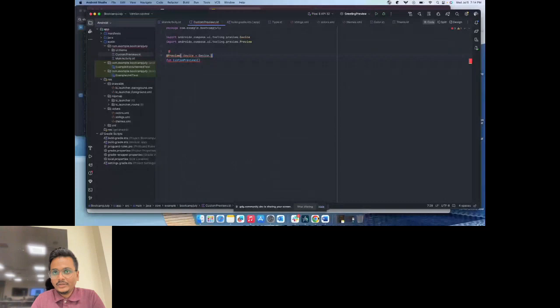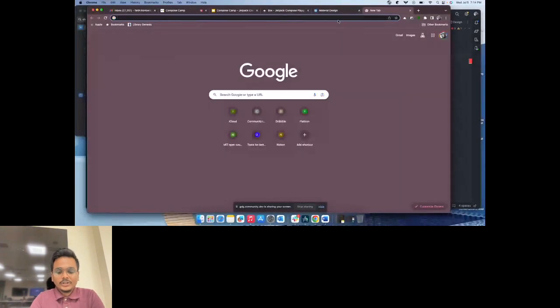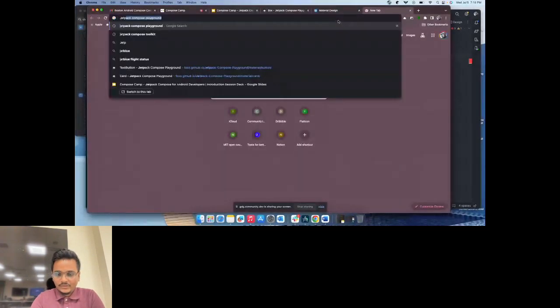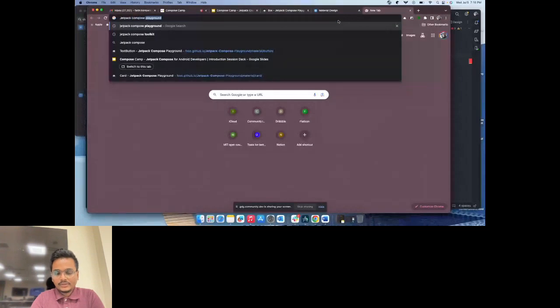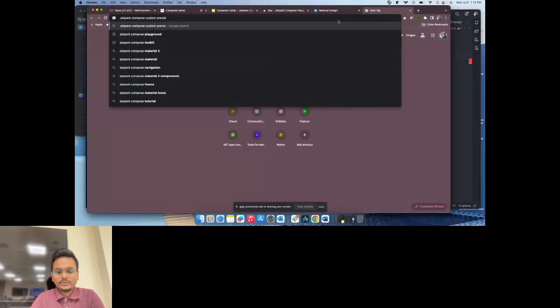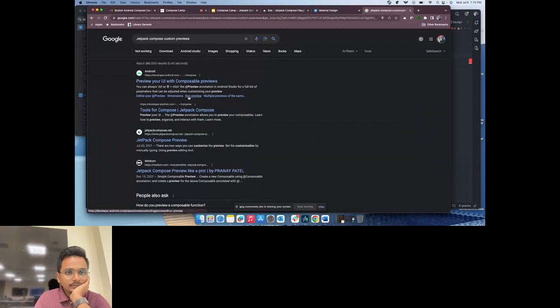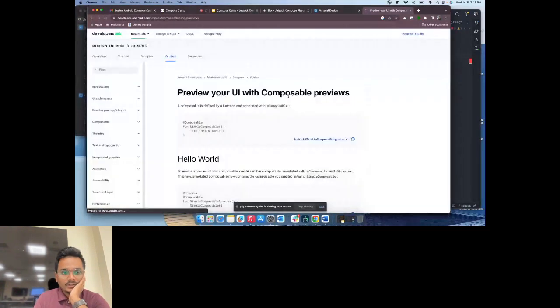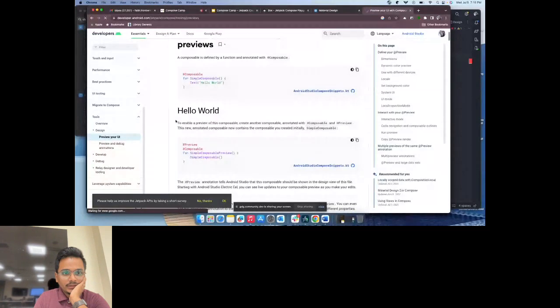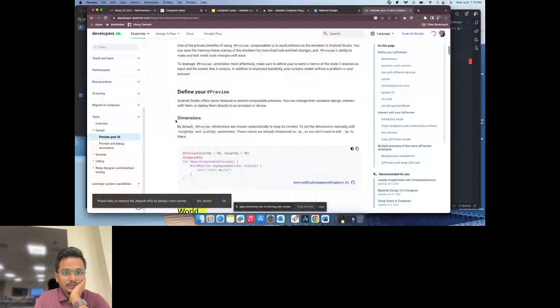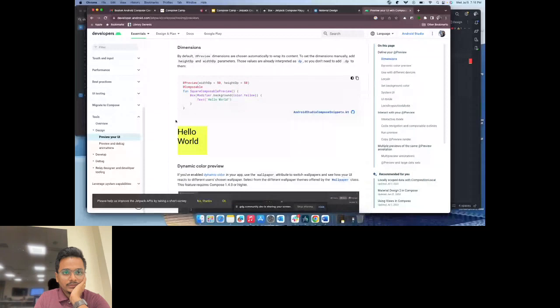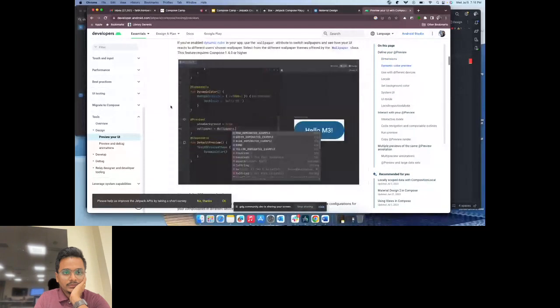That would be very much easier. So I'm going to Google. It's called Jetpack Compose previews. There we go. Yep, there's official documentation available. And how we do that would be to